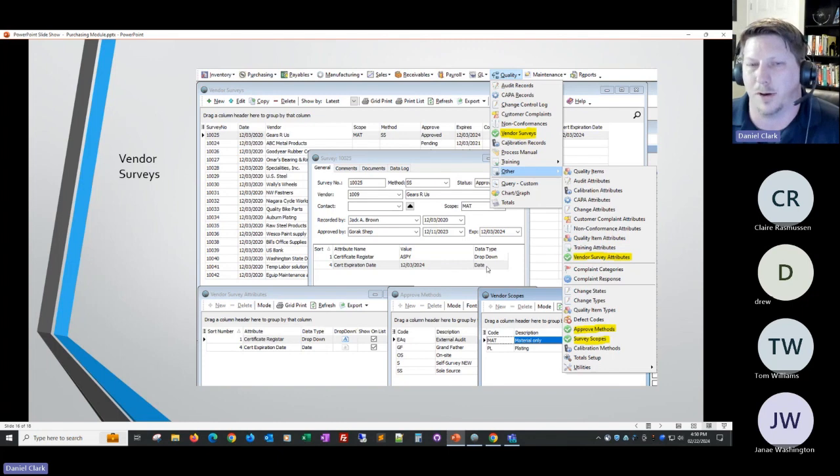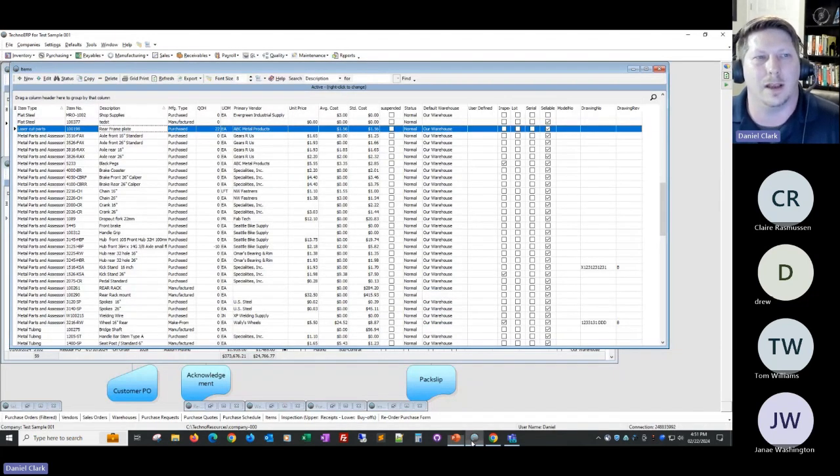They could be check boxes for true and false, or a string that you type in, text. You can have scopes and methods, like this is only about the material, or this is for the plating. Is it an external audit? Is it sole source? So there's a few things to set up if you want to do that. The cool thing is that there's a setting in here to say,